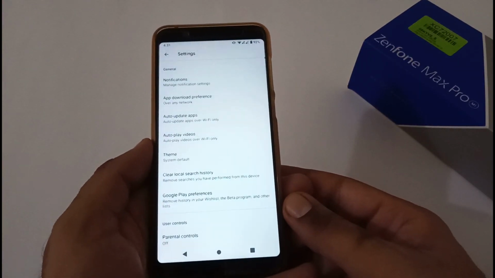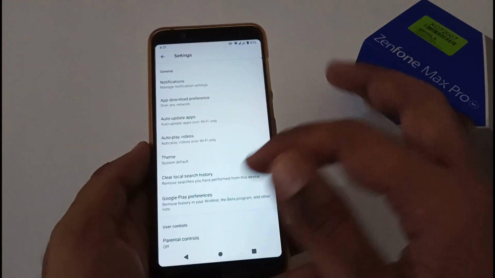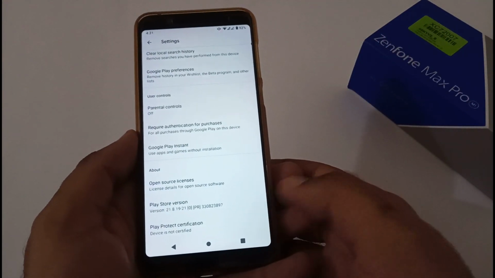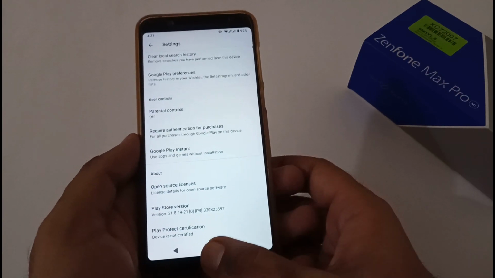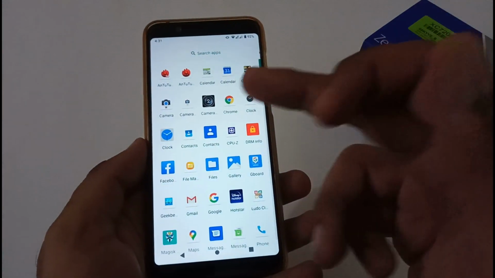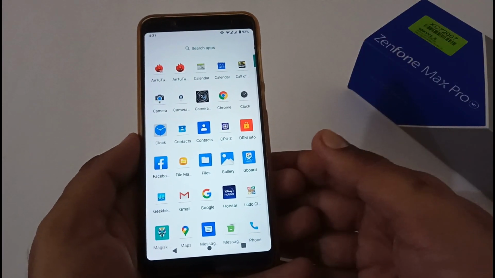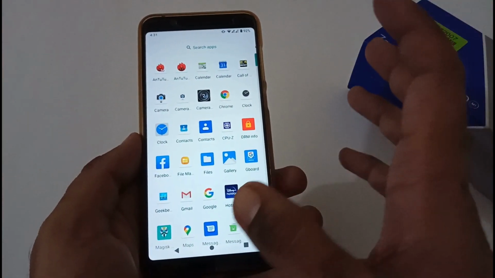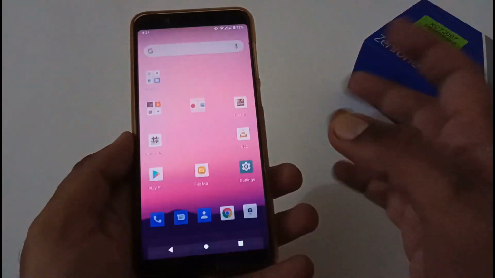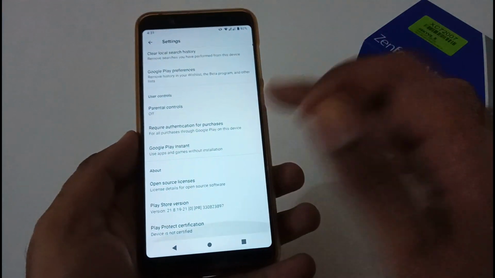Aside from this, now let's focus on Play Protection certification. Unfortunately, this particular device is not certified out of the box, but I have installed Magisk's Canary version. If you want, I'll be providing you each and everything in the installation part, and you can do it. But I haven't done the Magisk part to rectify this particular issue because I want to show you.